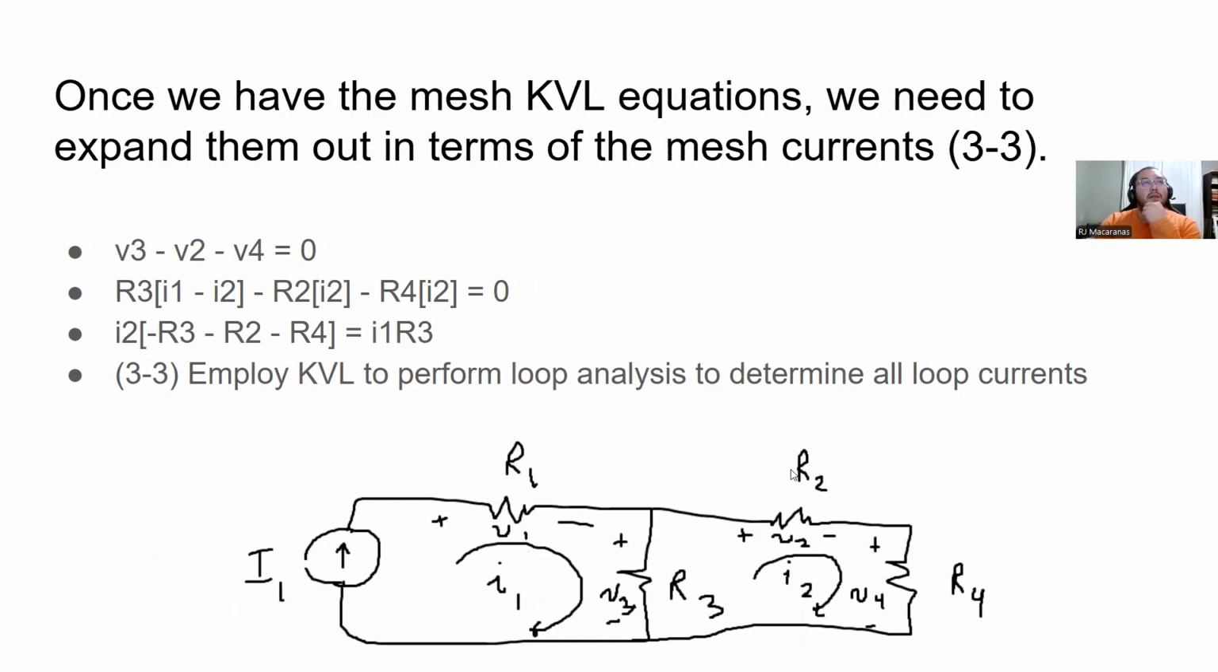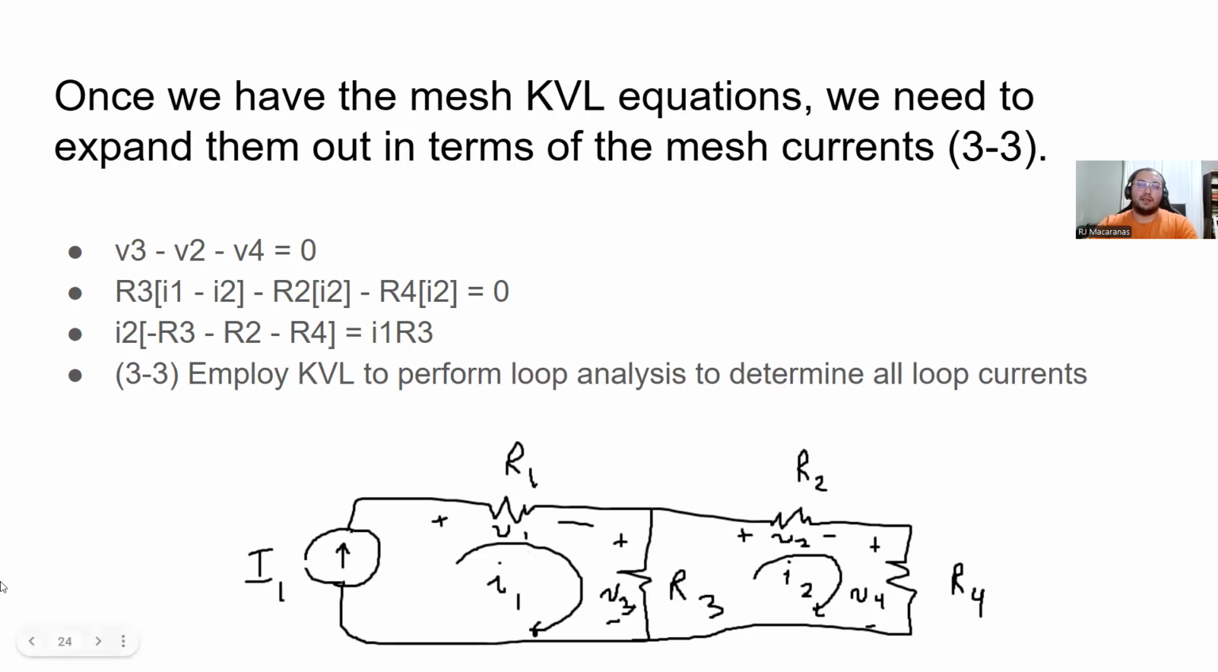Then all we need to do is expand these KVL equations in terms of the mesh currents. This is very familiar to the node voltage method, where we write the KCL equations and expand them in terms of the voltages, because voltages are what we're looking for in that method. In this method, we're trying to figure out the currents, so we expand the KVL equations in terms of the currents. So my V3 minus V2 minus V4 turns into R3 times